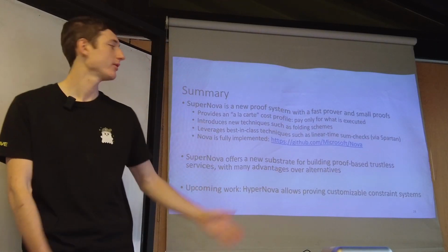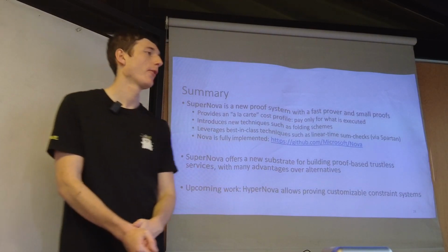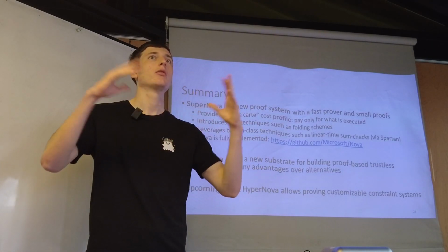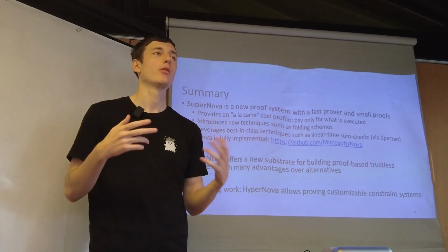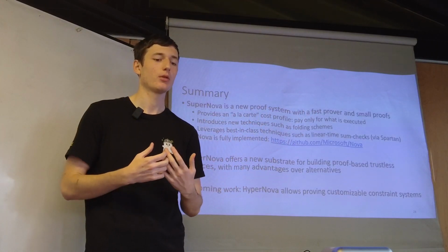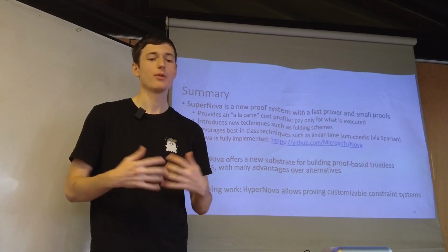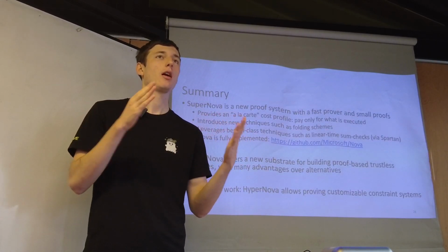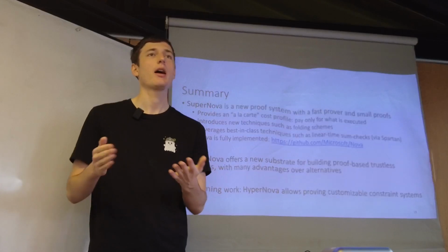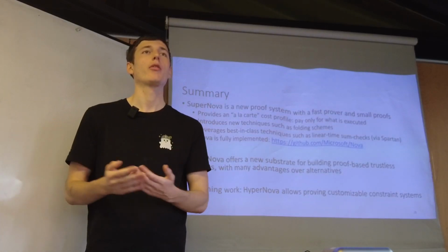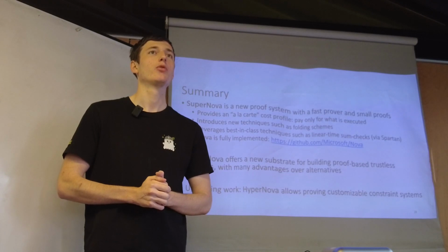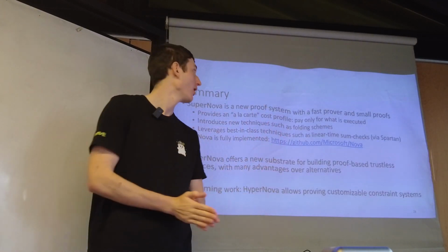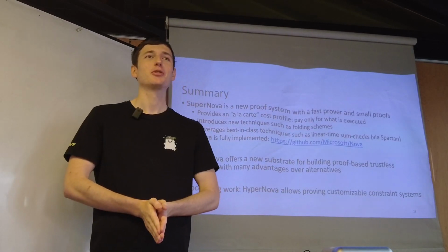And just after that, there was Hypernova, which is basically extending this again by constructing a kind of superset of what's possible with Nova and with Supernova by using a customizable constraint system, which is a kind of superset of R1CS and AIR and other constraint systems to allow for a lot more possibilities. This is it. Thank you very much.